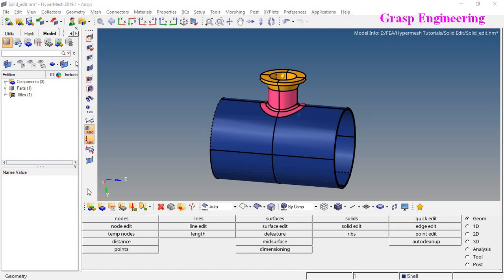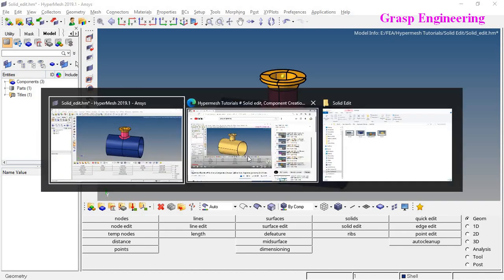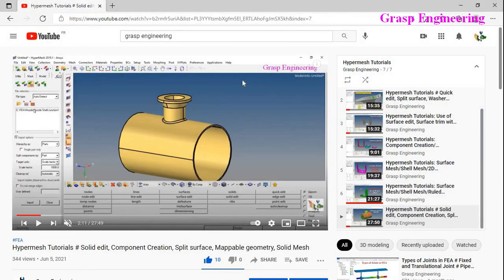So this is nothing but the continuation of our HyperMesh tutorial. In this video we are going to discuss how to perform three-dimensional hex dominant mesh with the help of HyperMesh. Before performing the meshing, we will let you know that we already created a few HyperMesh tutorials,